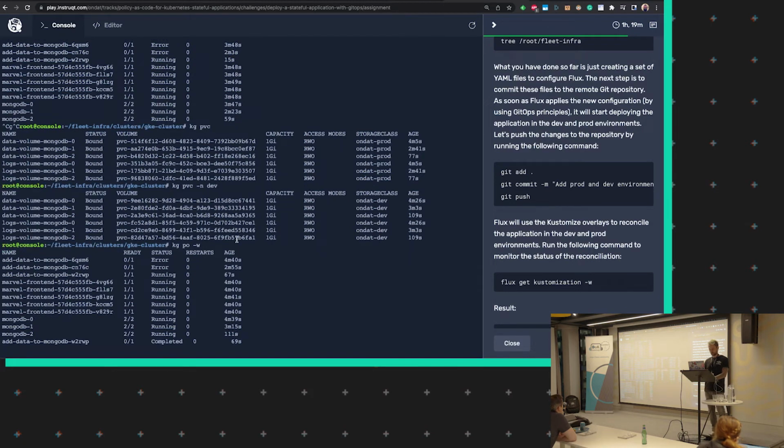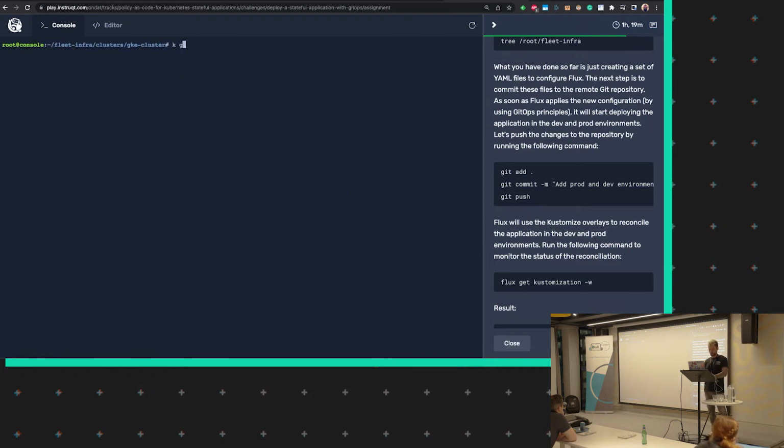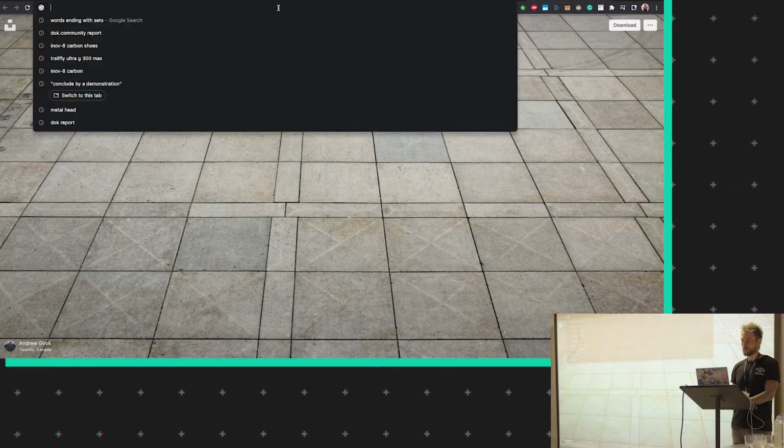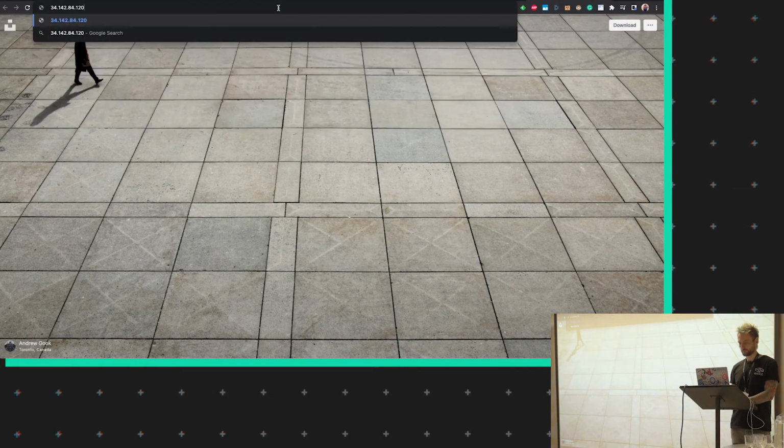Still running. Or completed, right? So you can see here the job has completed. Now I can just check the service, and we're going to check if the application is working properly. Here you go. Now you can see the public external IP has been populated by GKE. The application is running on port 8080. So if you open a browser now,